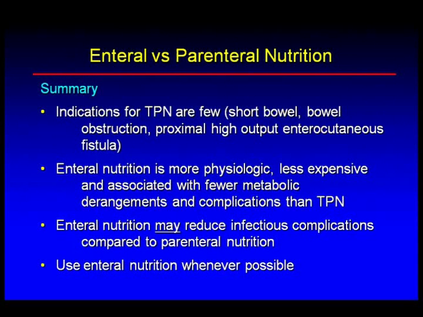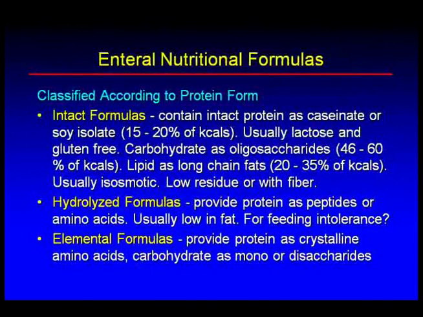A good starting place, and this is what's recommended by the American Society of Parenteral and Enteral Nutrition, is about 25 to 30 kilocalories per kilo per day in a critically ill patient. I put the asterisk there to remind myself to tell you that if you have a chemically paralyzed patient, and although that's maybe not common too much these days,